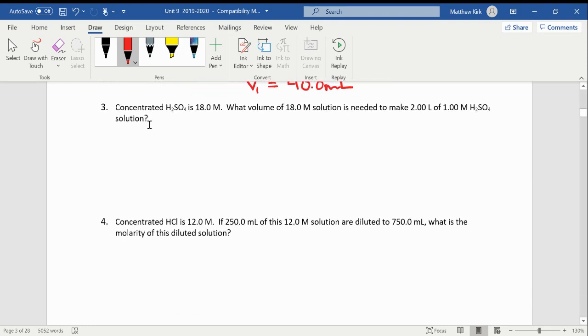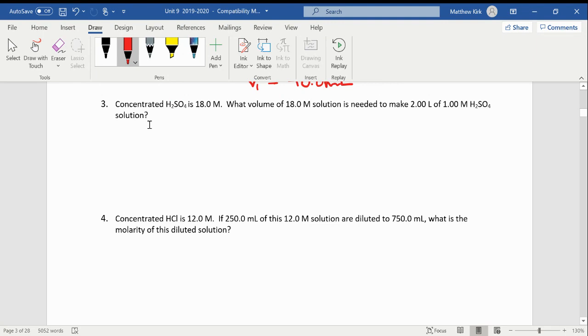All right, let's try a couple more. Number 3. Concentrated sulfuric acid is 18.0 molar. So what volume of 18.0 molar solution is needed to make 2 liters of 1.0 molar H2SO4? Okay, so again, concentrated, I like to use that as my starting solution. So 18.0 molar, and we want to know V1 is going to equal our M2